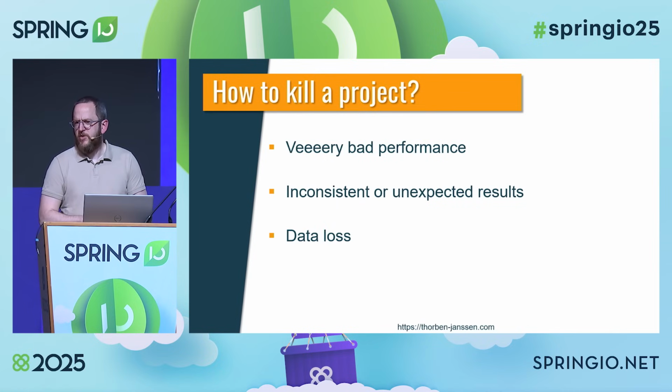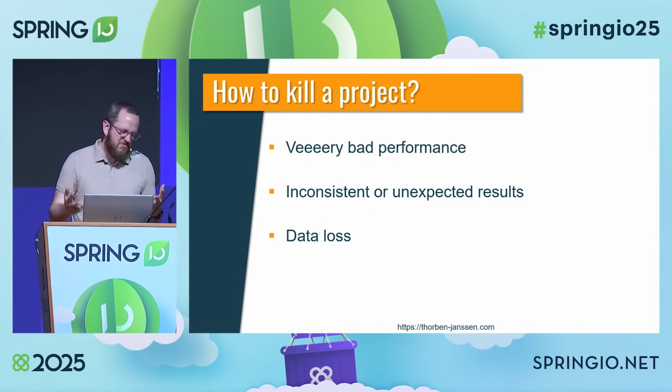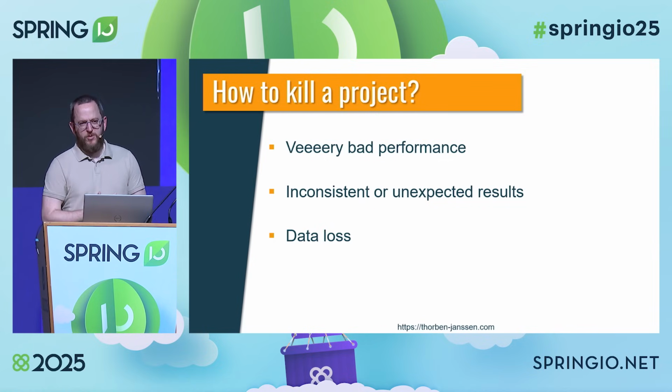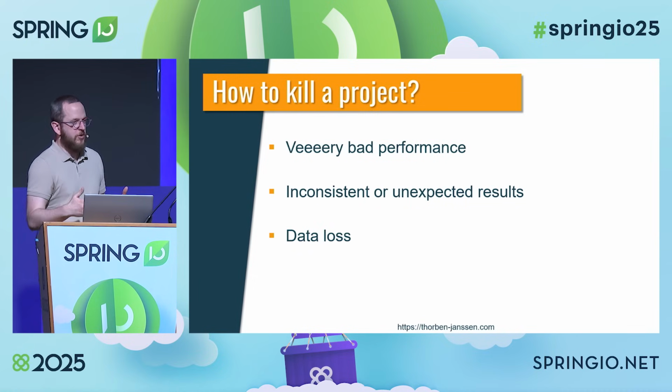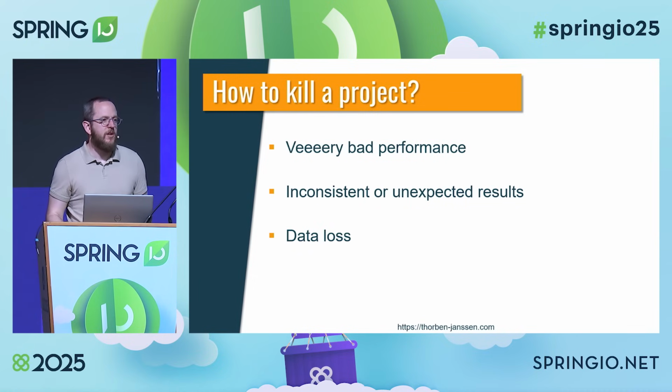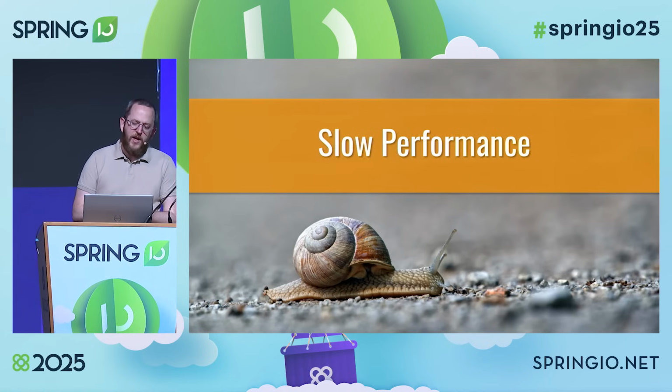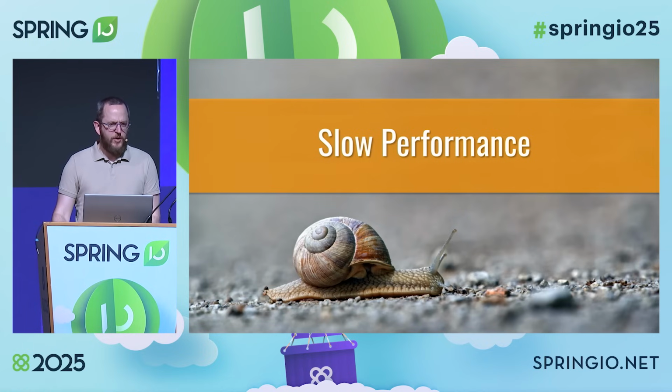Losing data is probably the worst thing that can happen to an application. The good thing is it rarely happens if you, well, first of all, if you have backups, but if you don't do anything crazy, it's rather hard to actually lose data unintentionally with Spring Data JPA. But there's a way you can do that, and we will take a look at that at the end. So let's start with slow applications